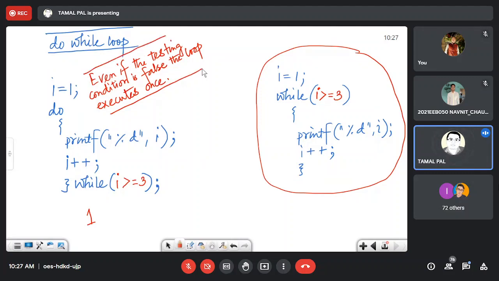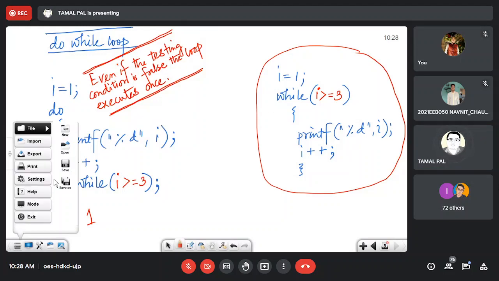Okay, that means for some algorithm or some situations, the execution of the first iteration is essential, otherwise it will throw some error. Under that scenario, it is better to use do while loop rather than normal while loop, because based on some user input, the condition may become false. So this is the key difference between while loop and do while loop.